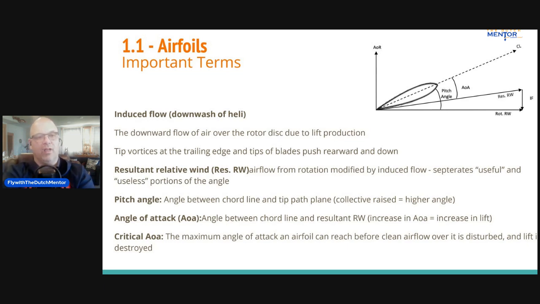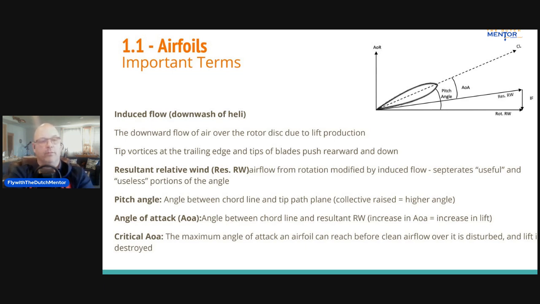Resultant relative wind is the airflow from the rotation modified by the induced flow. It separates the useful and the useless portions of the angle. The pitch angle is the angle between the chord line and the tip path plane, the collective raised to a high angle. Right? That is how we manually manipulate that. The angle of attack is the angle between the chord line and the resultant